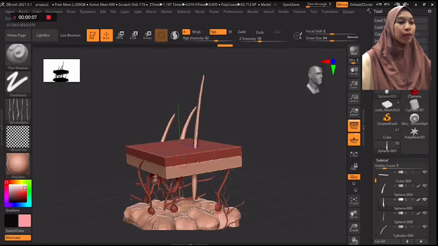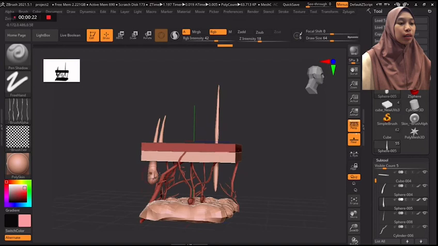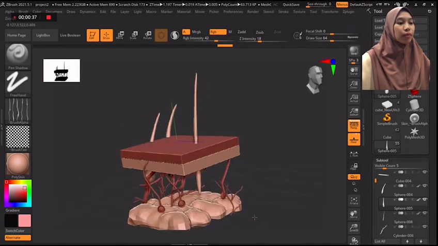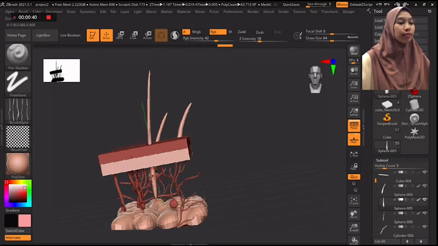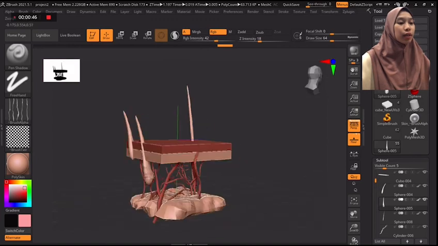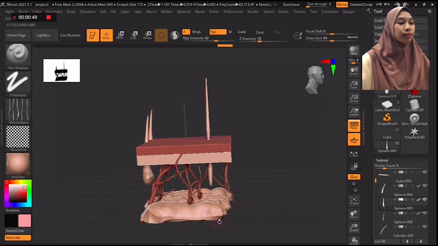Okay, for the first of skin, we have hair and sweat pores. The next layer is epidermis. Epidermis is contain numerous cells. The third one is dermis layer. Dermis layer, there is sebaceous gland, sweat gland, hair follicles, blood vessel,